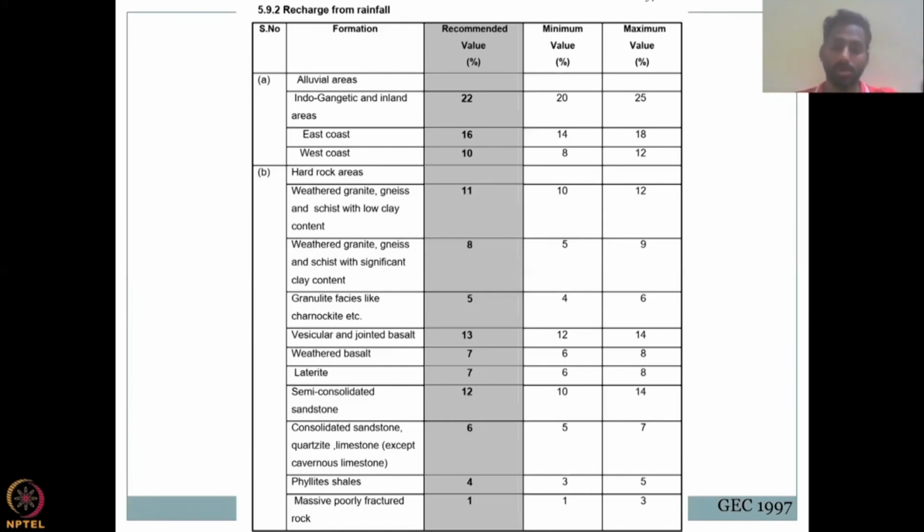Annually, Kolkata in the Ganges Basin gets 100 mm rainfall, for example. It takes much more. And it gets around 22% of the annual rainfall, which is 22 millimeters of recharge from rainfall in a year. So that is a good way to tell. You cannot say that tomorrow there is rain, the day after tomorrow it will be recharged. No. So if I take 100 mm rainfall today, which is like a flood,